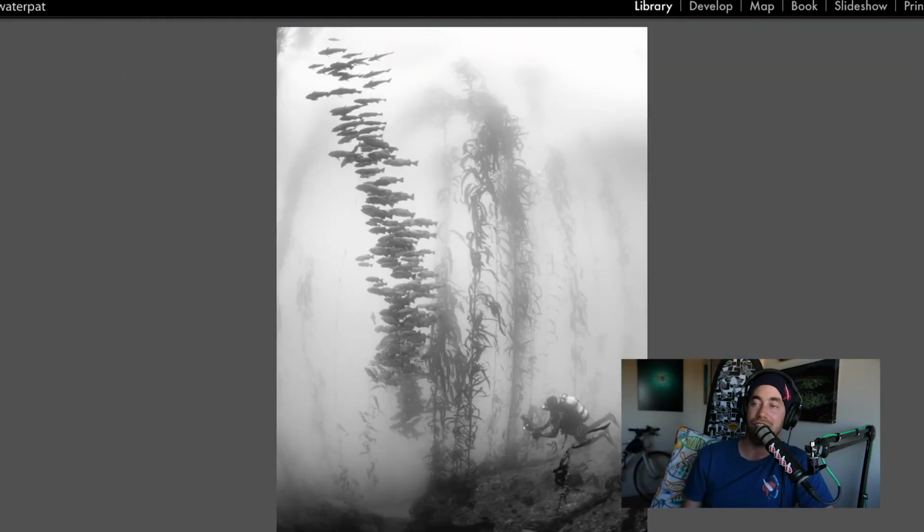And then this was one of my favorite photos that I've taken of that school. You have a little bit more of the context there with Phil in it. And there was just this column. They were going from maybe 15 feet all the way down to maybe like 55 feet or so. So this was just super cool to see